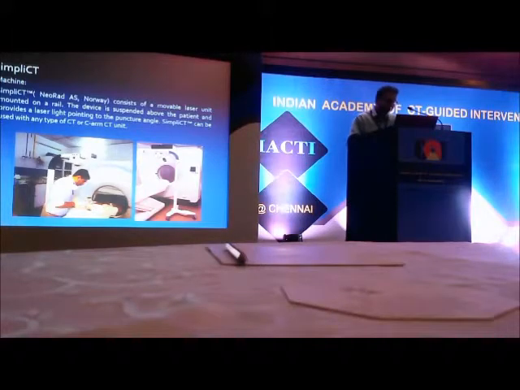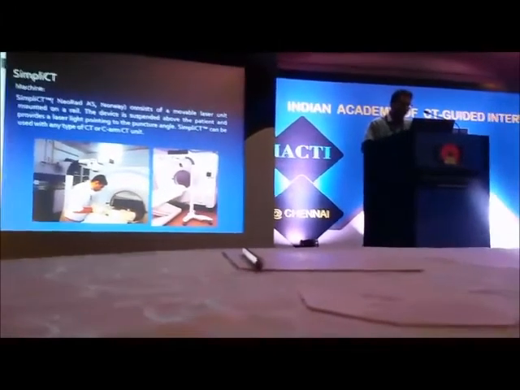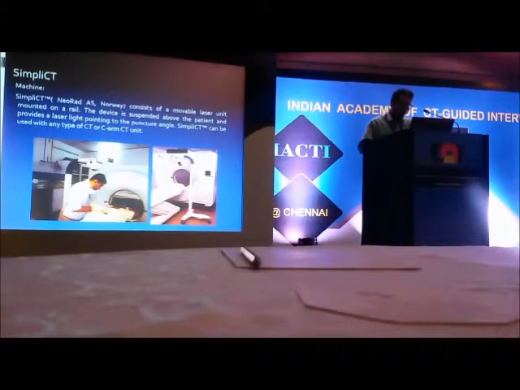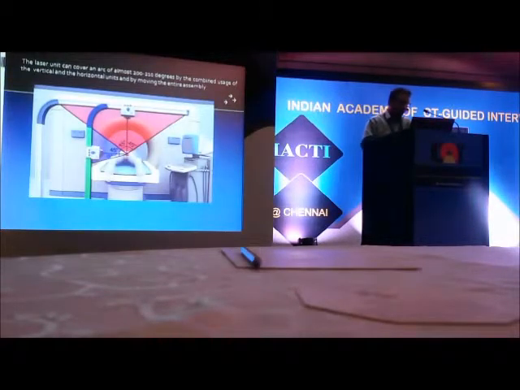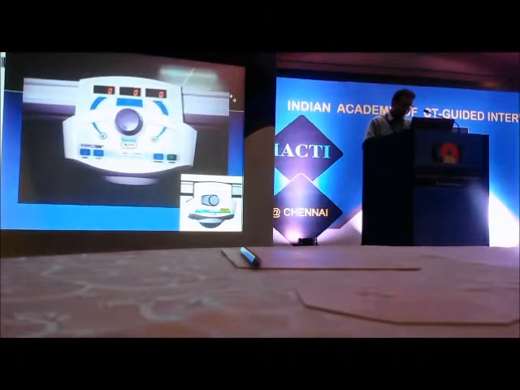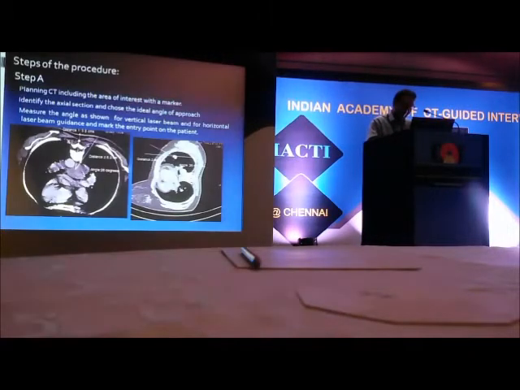So the machine that we have with us is called Simplicity. It is basically a small laser unit that is attached to a movable L-shaped arm, and it is portable. It can be wheeled in and out of the CT room. So how do we use this? This picture basically shows the angles of coverage that Simplicity has. So you switch on, so that is how the machine looks on close-up. It is actually mounted on the rail.